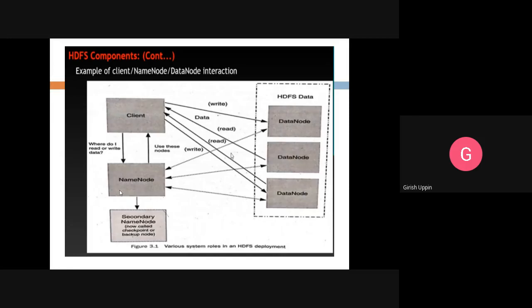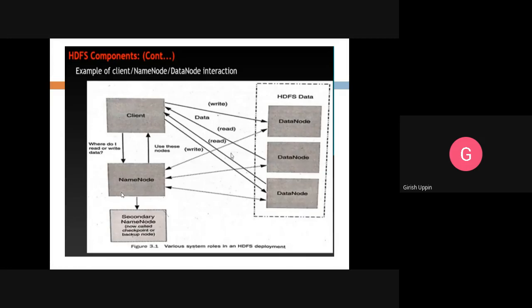And since it is in the memory, it can become a single point of failure. To make sure that we don't have a single point of failure, whatever the current state that is available is also stored in a file called the fs image, that is stored in the permanent storage.